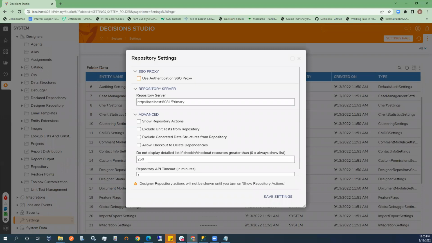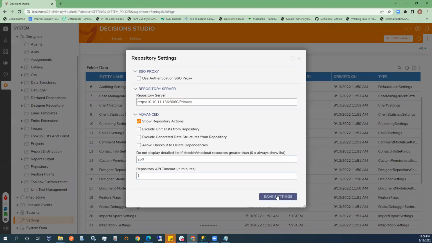Right now by default it's always going to be set to localhost 8081, but you'll need to configure that for the correct repository. I'll do this configuration real quick. The IP of ours is 10.10.11.136. You go to show repository actions here and select settings. There are a couple options here. If you're using single sign-on for your environment and you want to set that up for your repository setting, you'll